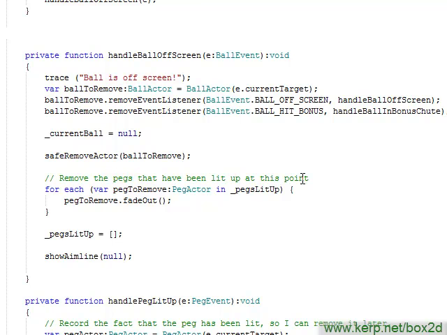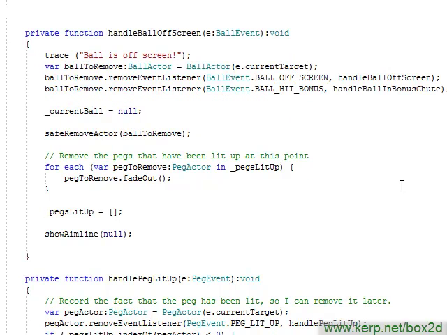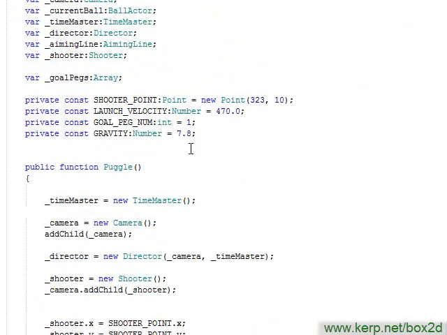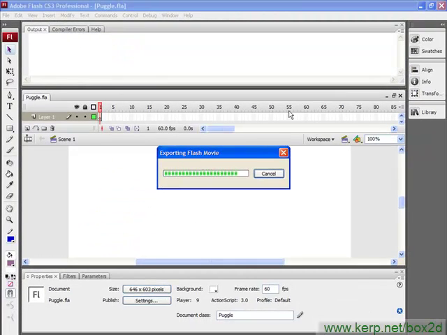So let's see what happens when we run this. And actually, I'm going to do one more thing. I'm going to remember to go back up to my goal peg number, and I'm going to put that back up to 22, just so we have a game that looks sort of real again. Now when I run this,